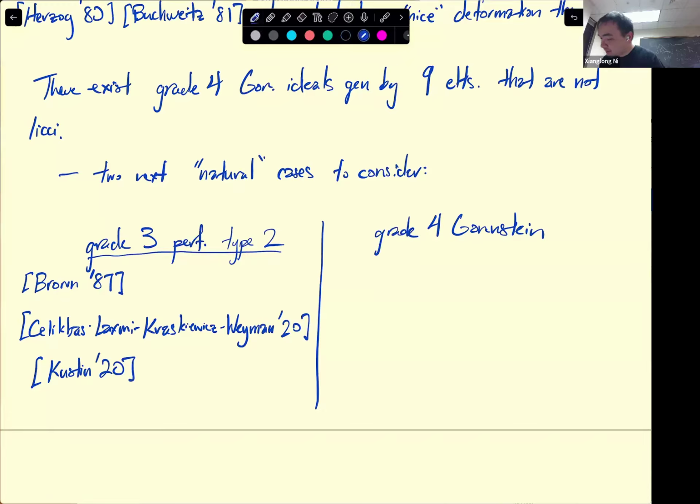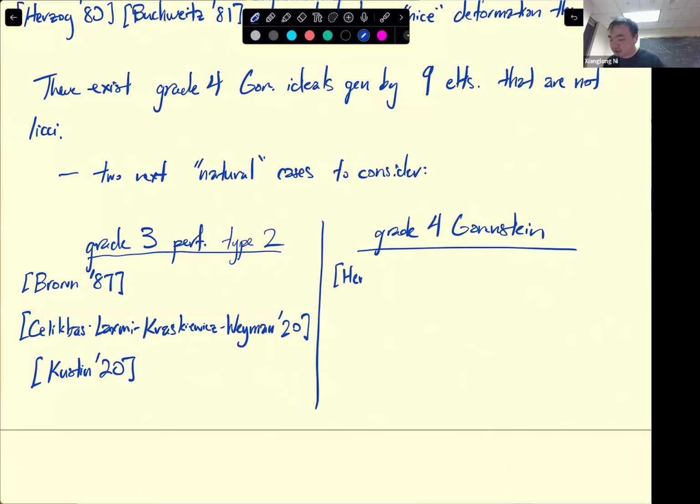I would say there's been comparatively more literature, so I'll at least just say a few things. So for instance, the first non-trivial case, so maybe I'll first say it right. If you have a grade 4 Gorenstein ideal, it's generally known that if you have a grade c Gorenstein ideal, it can't be minimally generated by c plus 1 elements. This is a result of Kunz. So the first interesting case will be the case of c plus 2, so 6 generated grade 4 Gorenstein ideals,